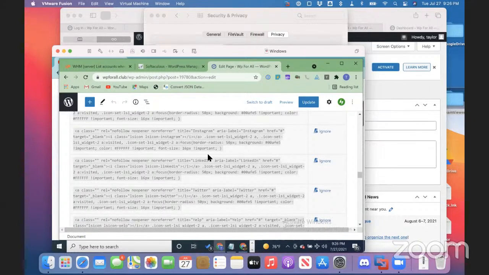And you're looking at items in the header. You're looking at items in the footer. You're looking at items all throughout the page. But when you're editing a page, you're not able to view the header or footer. You're only viewing the page content.